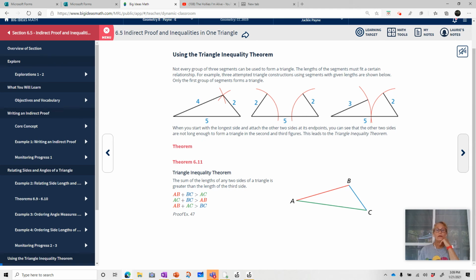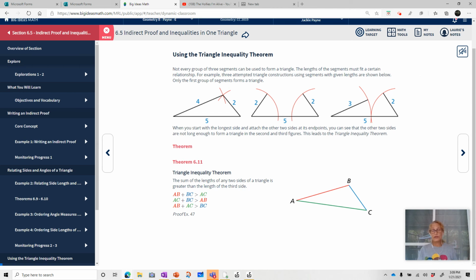Now, this theorem comes about because of those theorems. One of the things we've skipped this year is constructions. So you see these markings, and that's what you would make with a compass. You don't need to be able to actually draw them with a compass to use this theorem, okay? But there is a theorem that says,